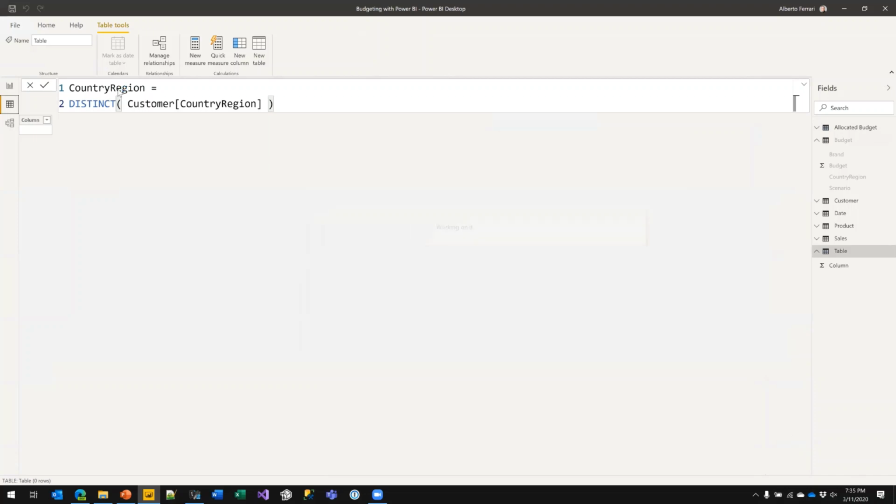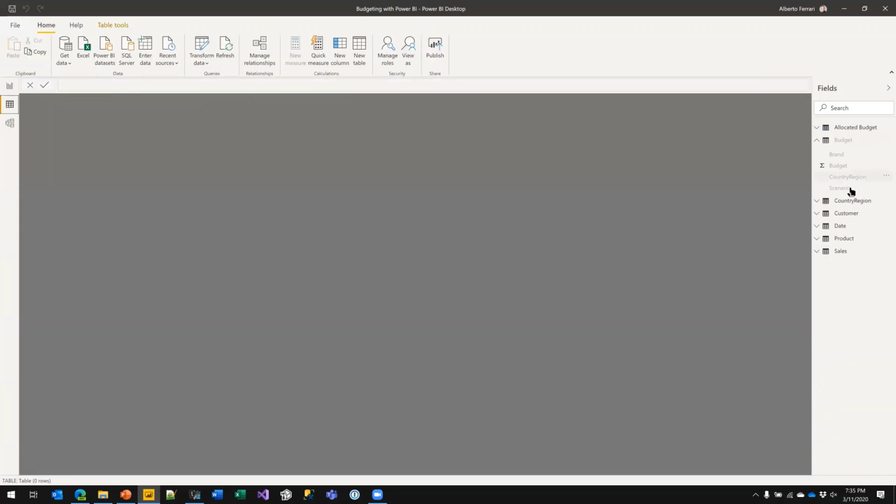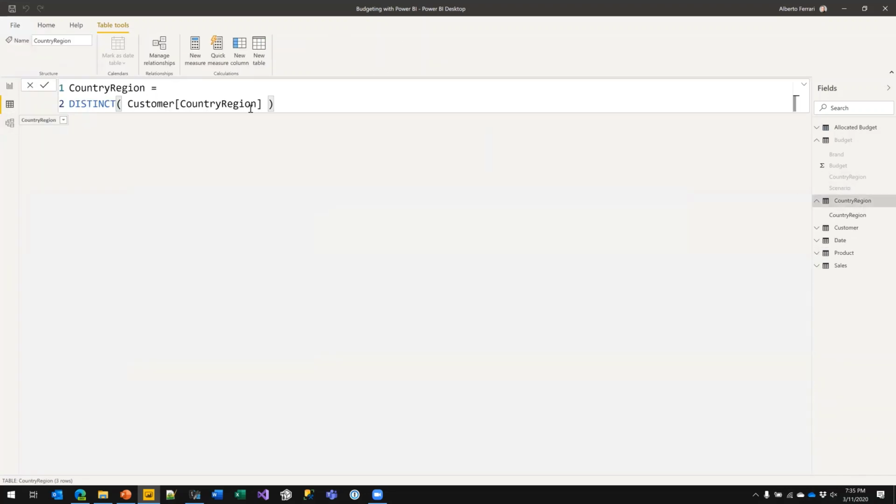And I create this way a table containing United States, Germany and China. That is already good enough.